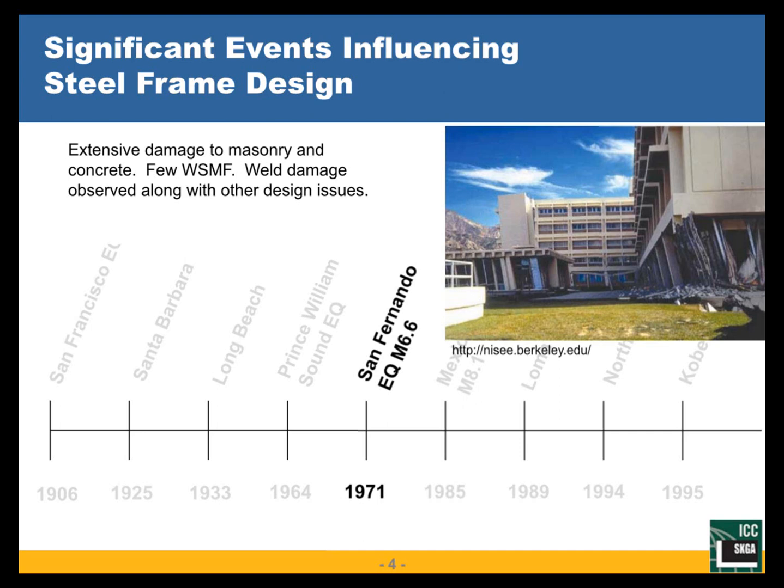There was a lot of damage to masonry and concrete buildings. And at the time, there were a few welded steel moment frame buildings being used. Although some damage was observed in some of these steel buildings, a lot of the focus was on making the concrete and masonry buildings more robust. The steel moment frame wasn't as well understood just yet, and so where they saw damage, they made the repair